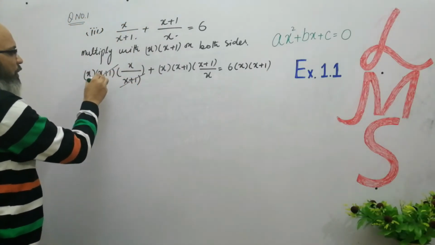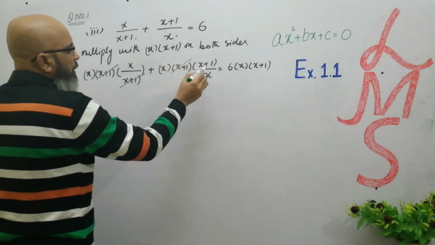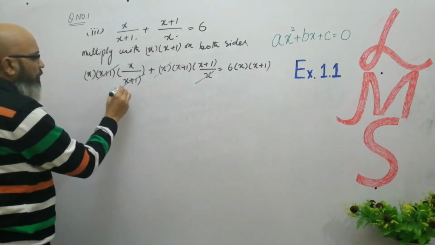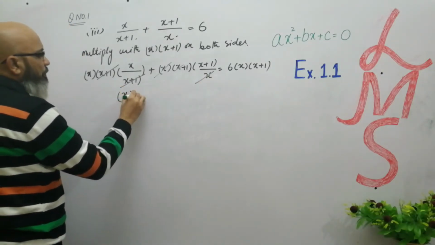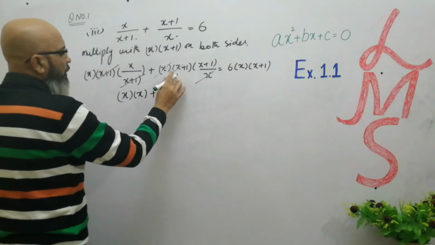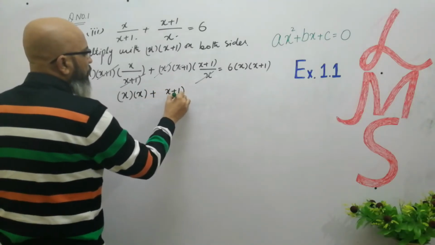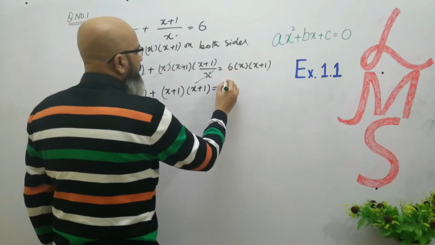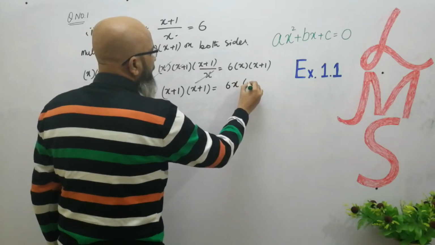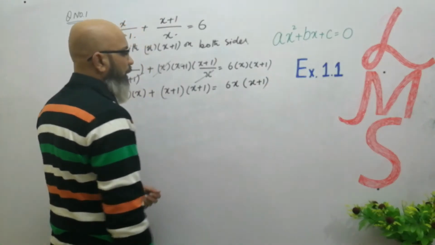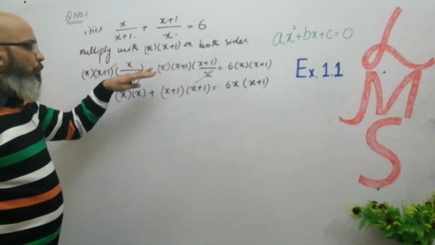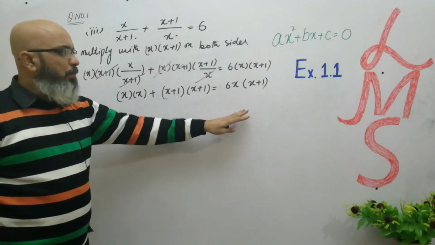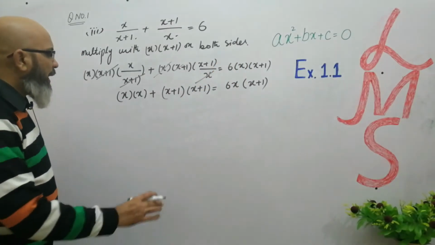Here x plus 1 cuts with x plus 1, here x cuts with x. So what we left here, x into x plus 1, and here x plus 1 into x plus 1, and multiply 6 with the x, we will get 6x into x plus 1. So now the fraction form is over now. सिंपल इक्वेशन है, आपने इसको मल्टीप्लाई करना है, ब्रैकेट ओपन करें, उसके बाद आप इसको स्टैंडर्ड फॉर्म में ले आए।